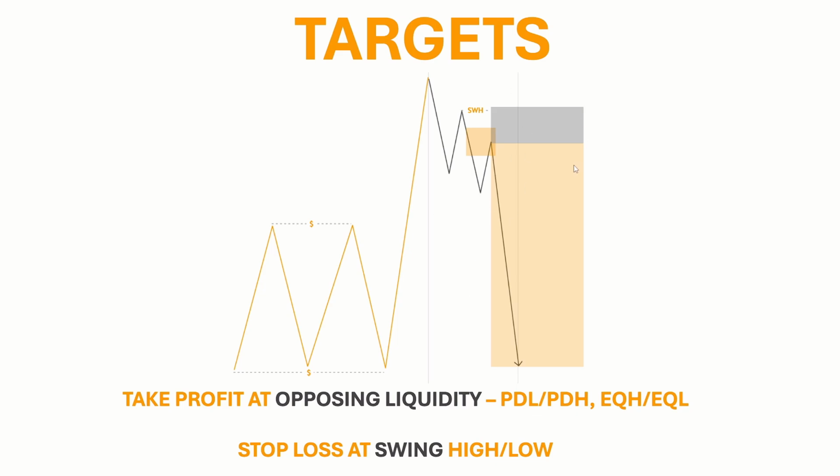You guys can make your take profit as big as you'd like, but just bear in mind that the market may not always go down to your take profit if you set it at 100 pips plus or something. So if you make your take profit reasonable at 30 pips, 40 pips, 50 pips, there should be no problem at all. So place your take profit at opposing liquidity. You could place it at previous day highs, previous day lows, equal highs, equal lows. Now guys, if you want to learn more about previous day highs, previous day lows, draw on liquidity, and daily bias in general, make sure you watch my last video where I do cover